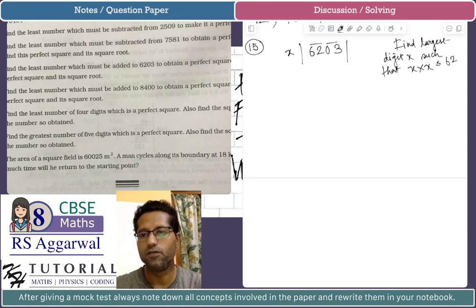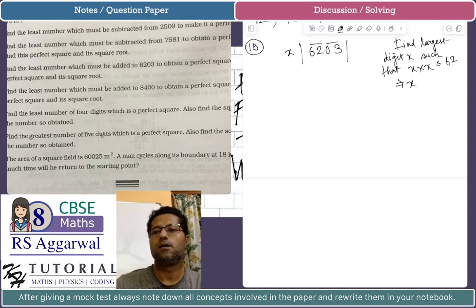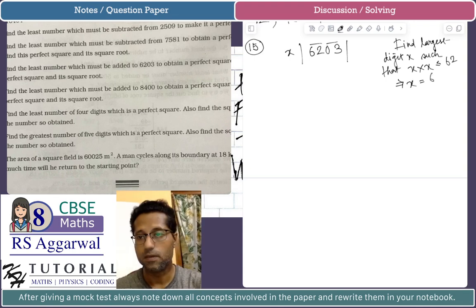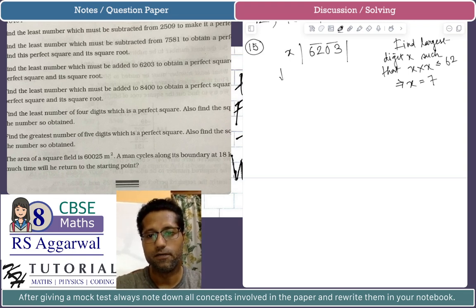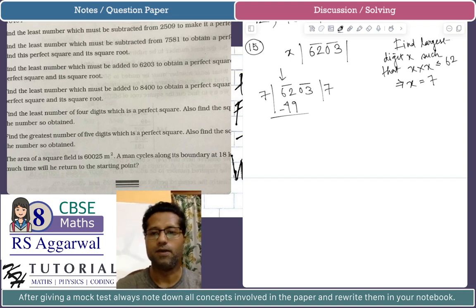So this implies what will be x? X will be definitely 6. No, sorry, x will be 7. 8, it can't be 8 because 8 multiplied by 8 is 64. So x is 7. So we have 7 and then 6, 2, 0, 3. So the quotient will be 7, and we have 7 multiplied by 7 is 49. We will subtract 49 from the leftmost period, and we have 13 as remainder, and we will bring down